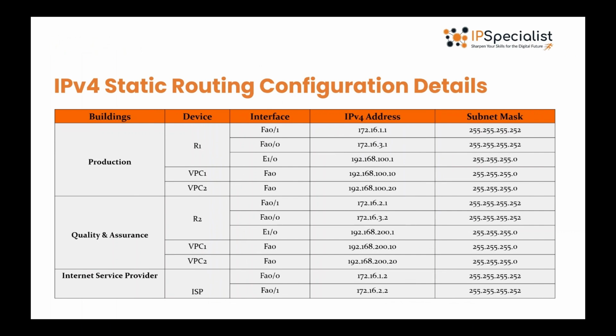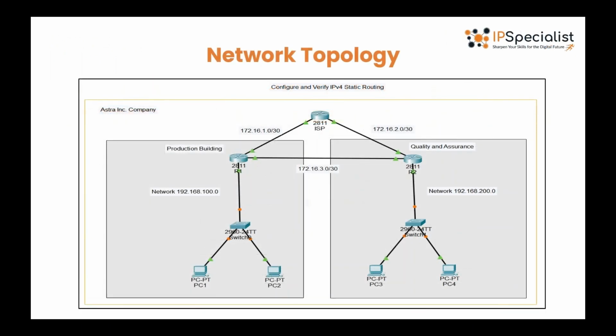Okay, so these are the requirements that outline the essential IP configurations for setting up IPv4 static routing across the network infrastructure. You can pause the video to look at these requirements because we'll be using these in our lab. This is a sample topology that illustrates the network configuration for the production and quality assurance buildings connected through router 1 and router 2 respectively, and the ISP router serves as the gateway to the external network and manages traffic routing